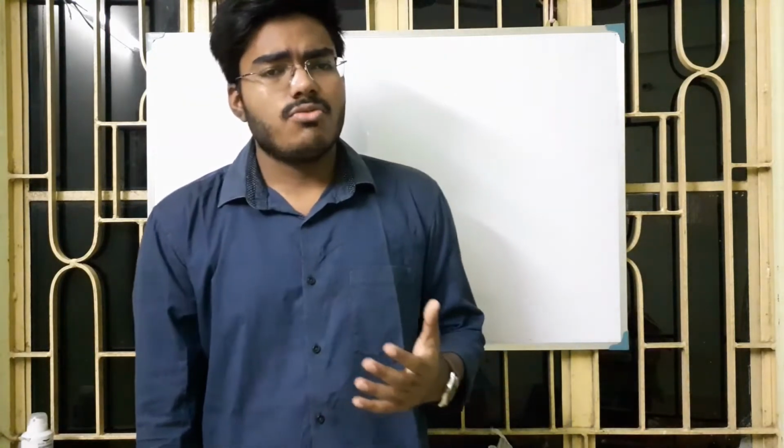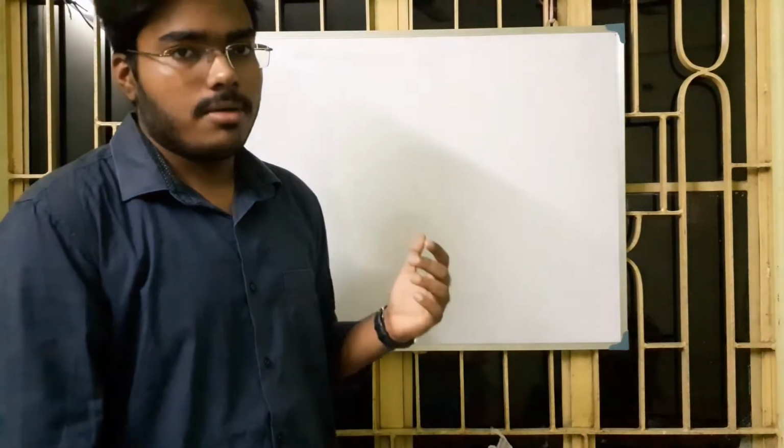We have already learned things like the distance between two straight lines, the distance between two points, the parametric equation of a straight line, the reflection of a point with respect to a straight line, and the angle between two straight lines. All the things we have learned in the previous videos. Based on these topics, we will be solving problems. If you have not watched the videos, please click on the card showing above.